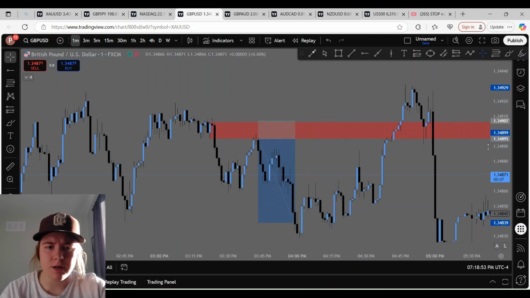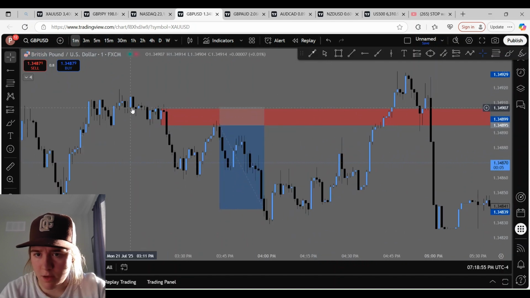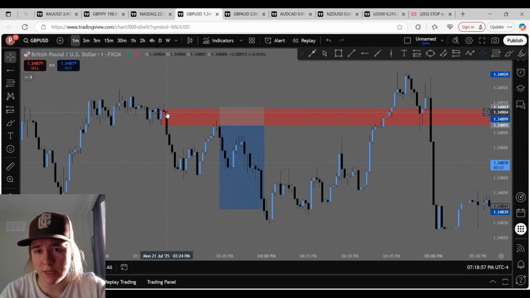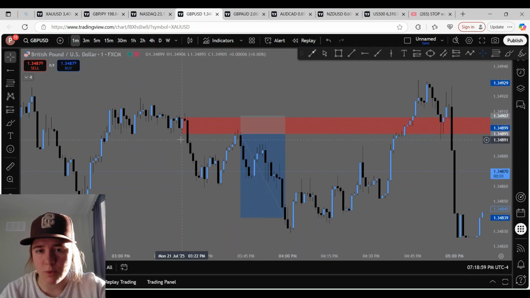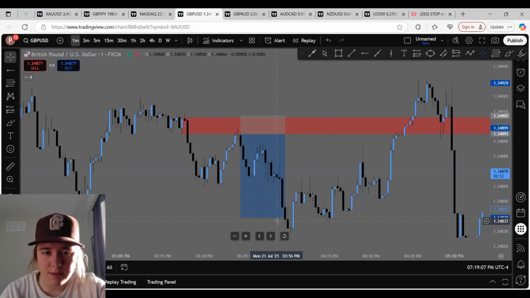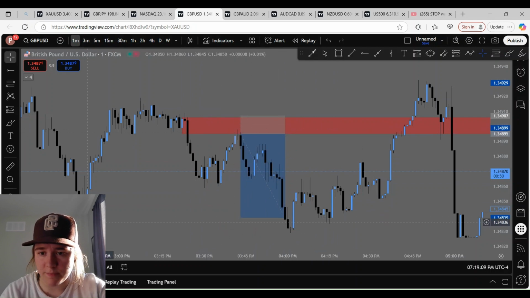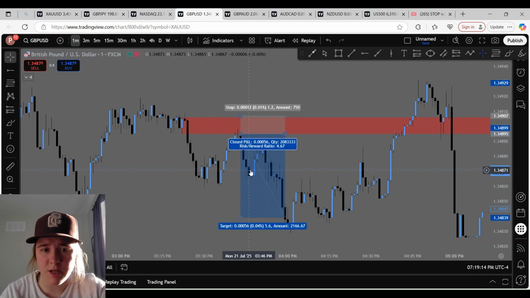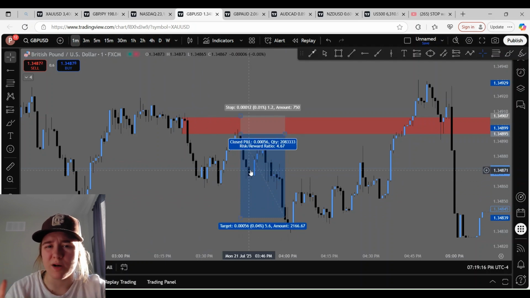As you can see here, same exact thing. Price fully consolidating, some big pushes down. What did we do? We marked up the high and the low of this blue candle as our zone where price hit inside, to then place TP at this recent low. You could have done here if you really wanted to, but you really don't want to be doing anything less than a 2-to-1 ratio